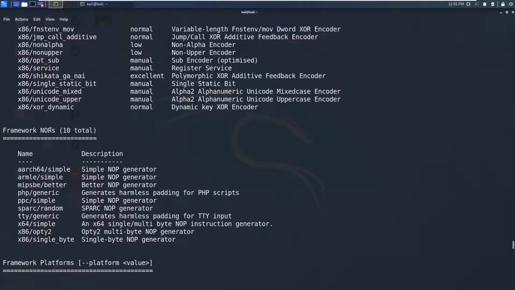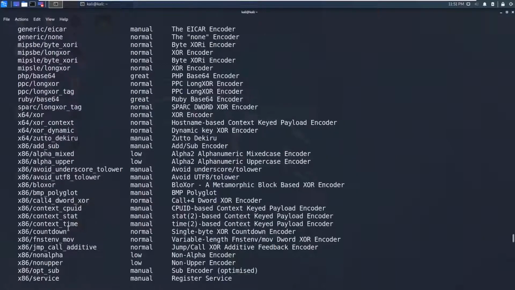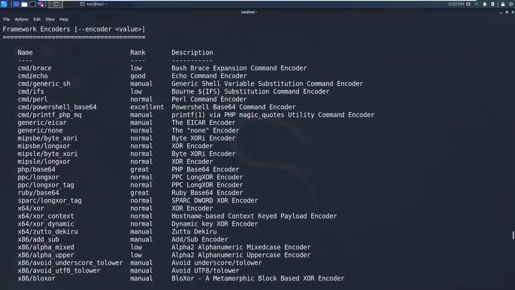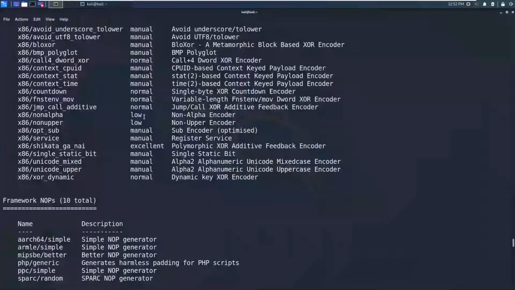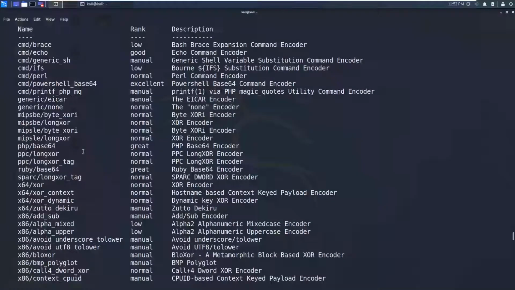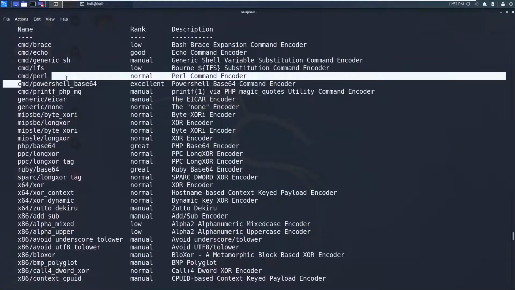And you can see the framework nops. We have 10 nops, and we can use these nops to make sure that there are no null bytes before the shellcode. And you can see these are the encoders. You can see the encoder name and the rank and description. And you can see there is a rank, and you can see there are some PowerShell base64.